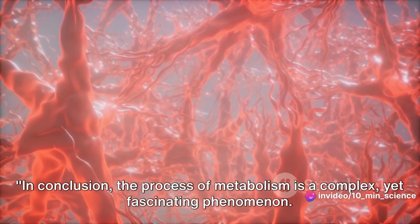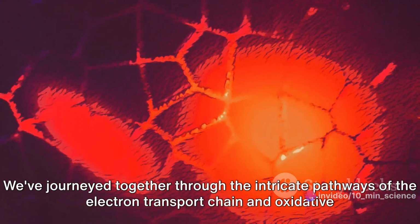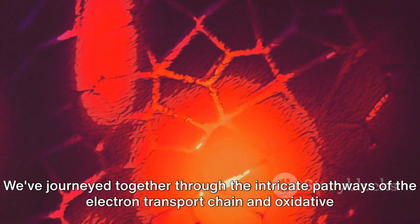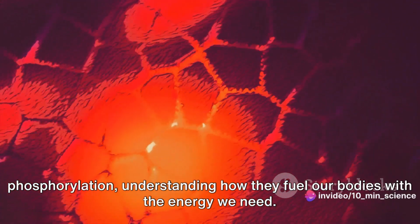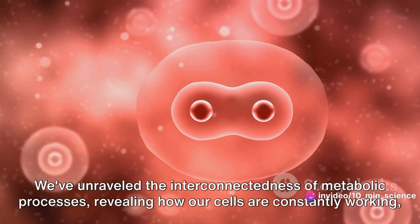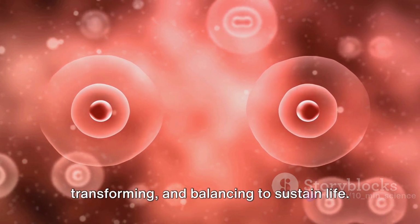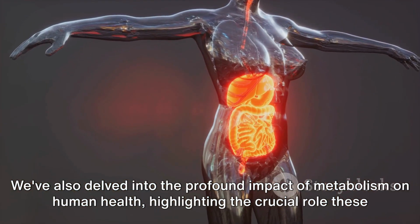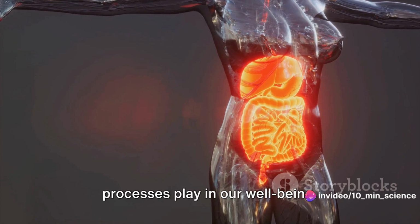In conclusion, the process of metabolism is a complex yet fascinating phenomenon. We've journeyed together through the intricate pathways of the electron transport chain and oxidative phosphorylation, understanding how they fuel our bodies with the energy we need. We've unraveled the interconnectedness of metabolic processes, revealing how our cells are constantly working, transforming, and balancing to sustain life. We've also delved into the profound impact of metabolism on human health, highlighting the crucial role these processes play in